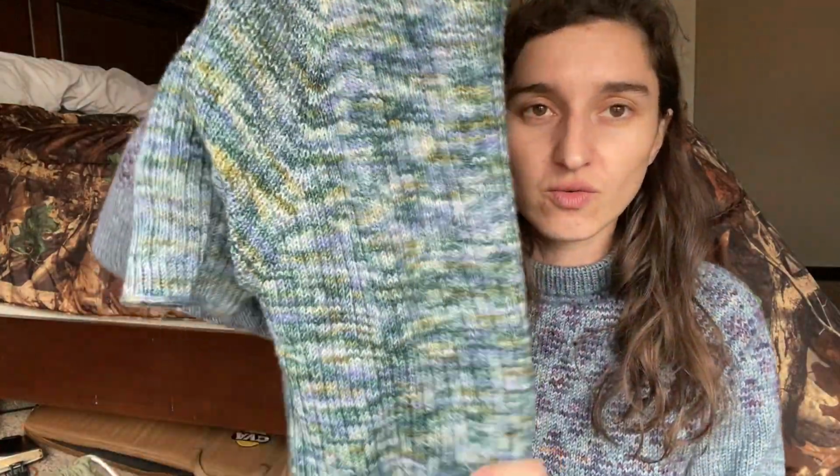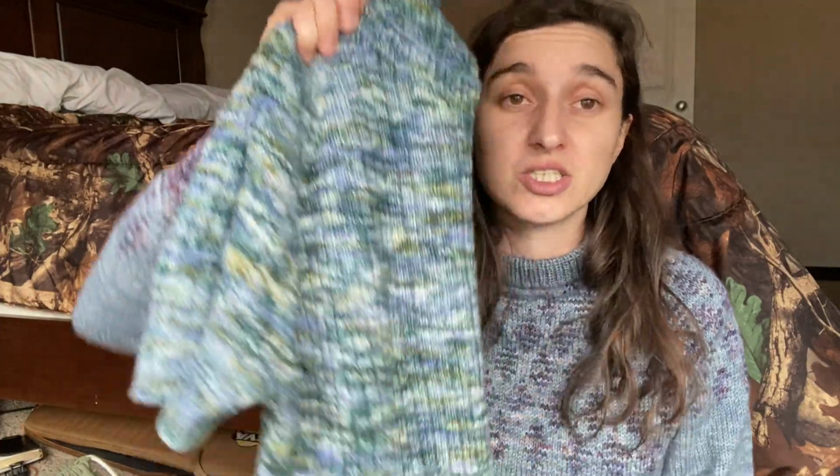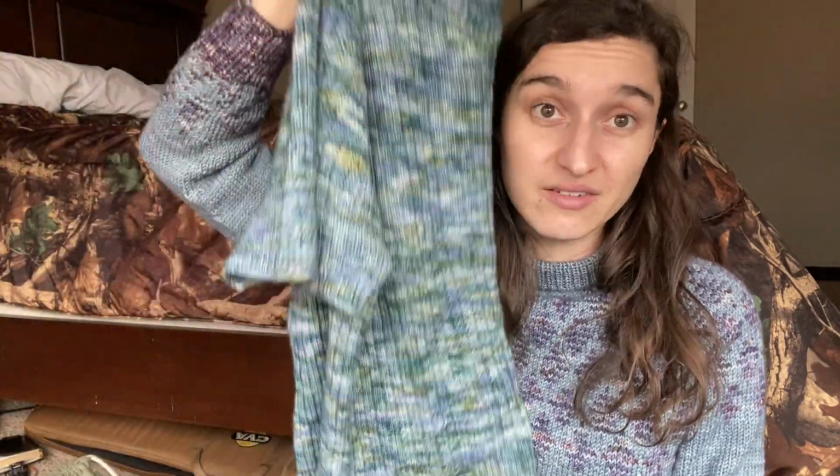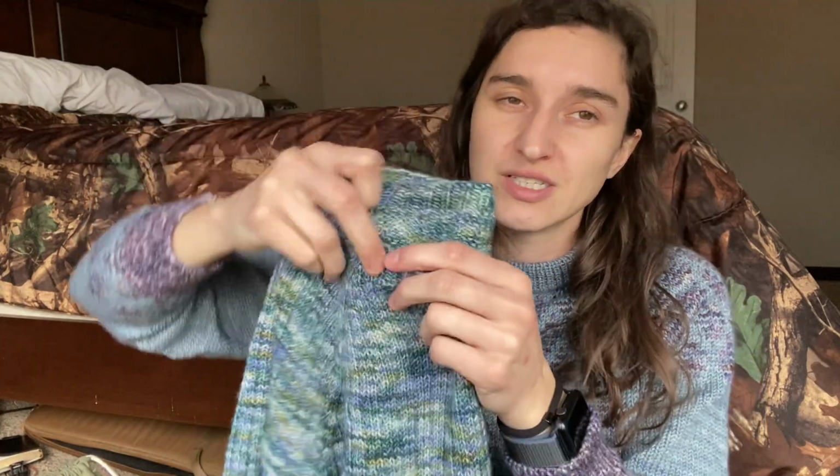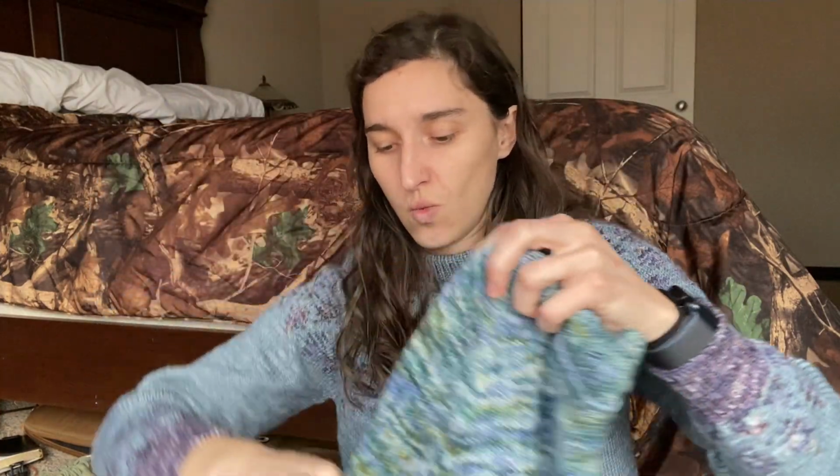It is a broken ribbed short sleeve top. I've worn this so much, and I honestly need to probably wash it, but I love this thing. It is my go-to throw it on for the office. I mean, I am in Arkansas, and so it's warmer than most climates. Not really for knitting sweaters. But that's okay. We're getting into that time of year. But this is my most worn top,